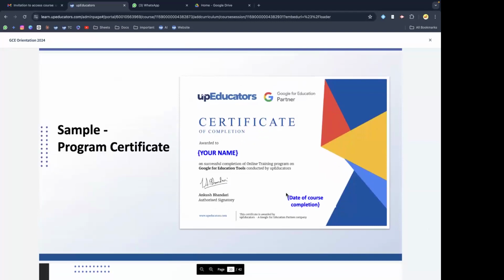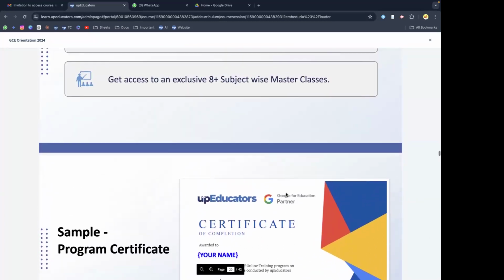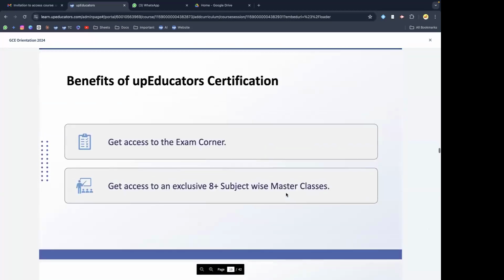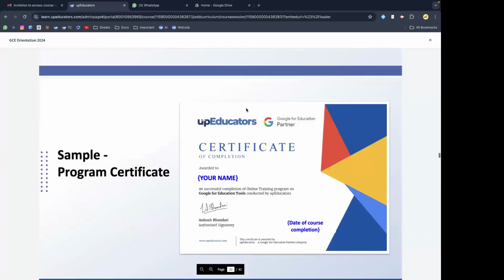See, this is a sample certificate you will get from us. This is not the Google certificate. This is the sample of the certificate which you are going to get from us. Now, you will get it once you complete 100% course completion, means you have submitted everything, everything is checked,